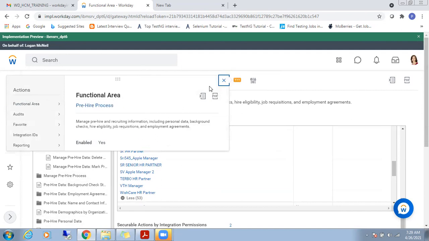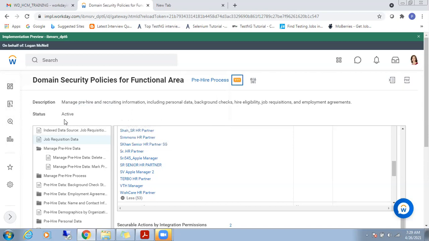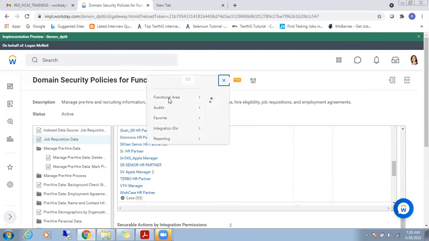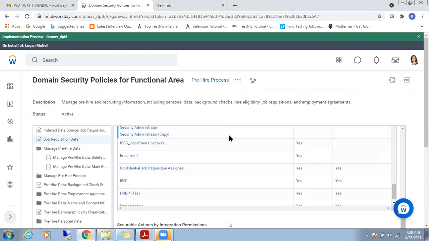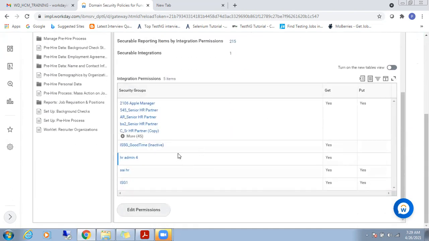Functional area, edit. How to do that? We have to go to the related actions, then functional area, and edit it, for the pre-hire process functional area. Or you can see down there is the option of edit permissions.